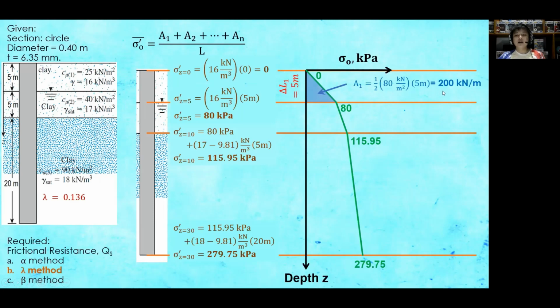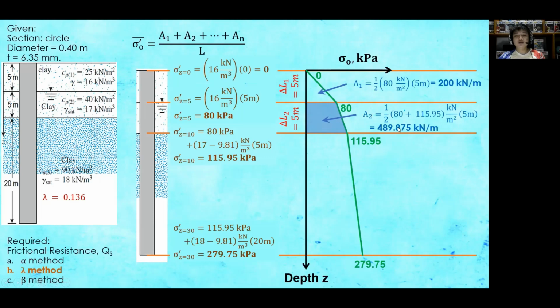Or the first area is 200 kilonewtons per meter. For the second segment, we have now the area in trapezoid. So that is equal to 1/2 of base 1, 80, plus base 2, 115.95 in kilonewtons per square meter times the height, which is the segment length 5 meters. Thus, area 2 is equal to